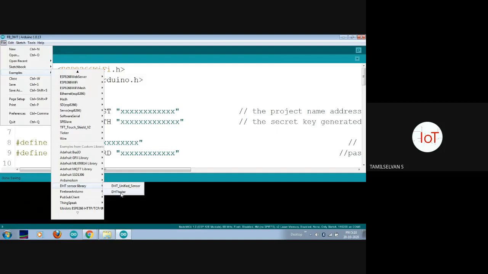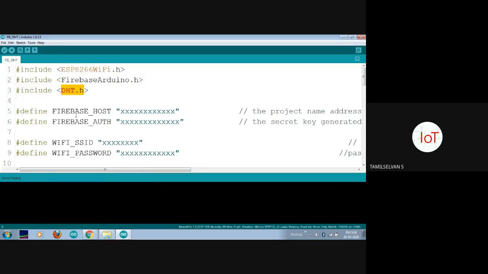They use it for two different applications. One is just to test your DHT sensor, and another is for uploading the sensor data into the cloud. Likewise, they have given a sample program for each library that you are manually importing. Here also we have that library, and if you include it, we can get a format for how to upload the data from this particular library to the cloud.